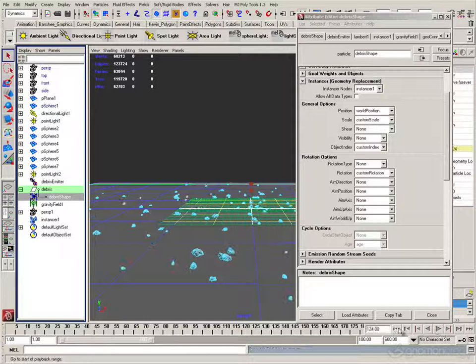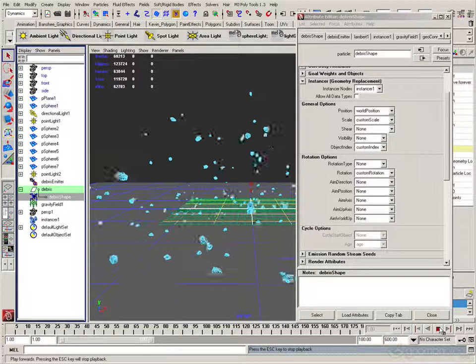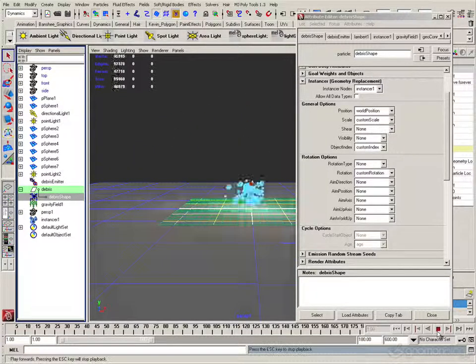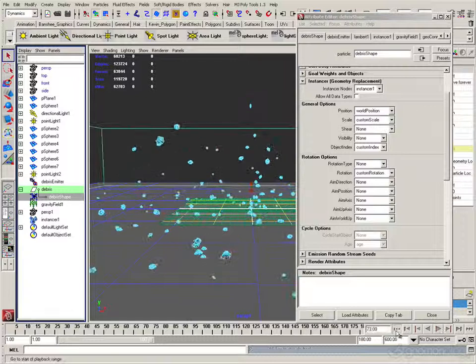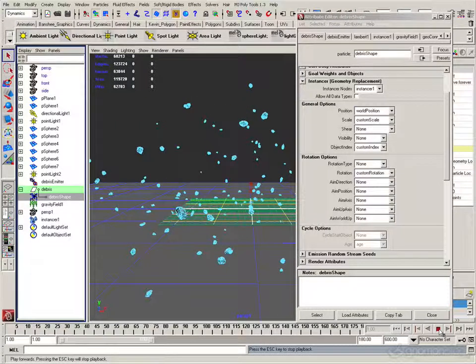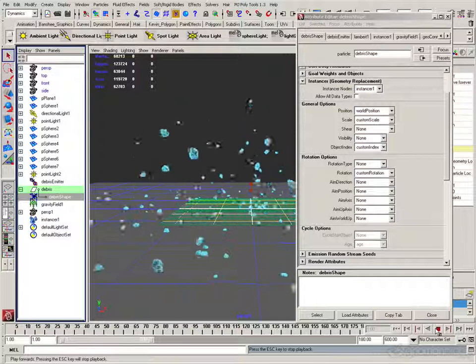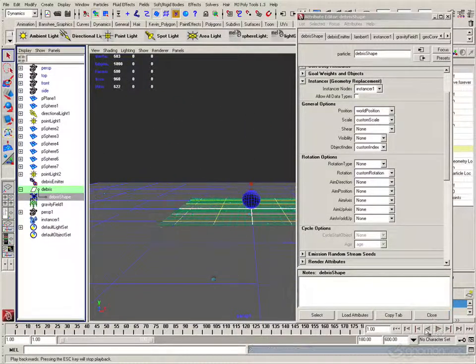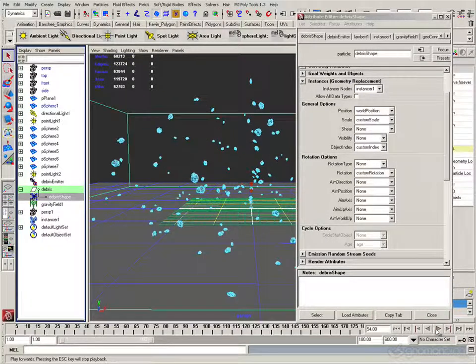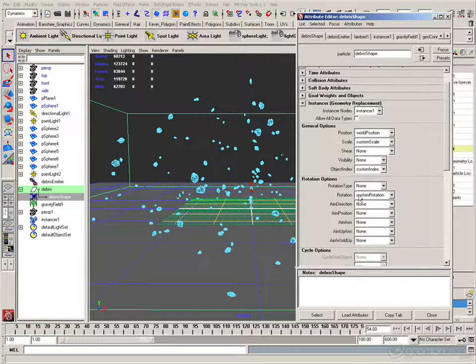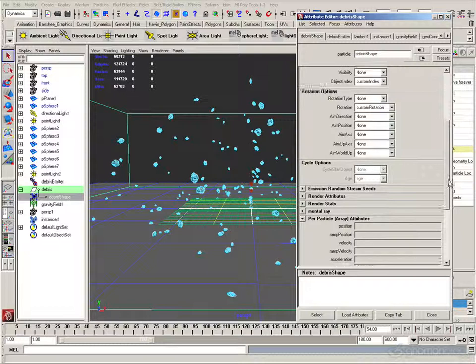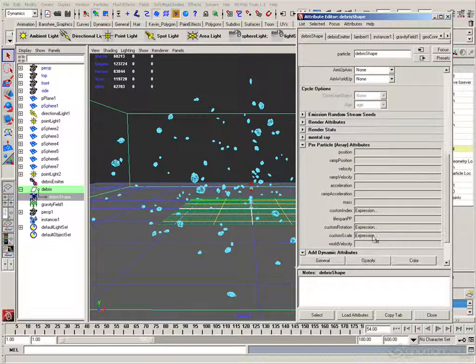Now, the only thing to point out when I hit play, though, is, okay, we've now randomized scale and we've randomized rotation. But what about getting them to spin? Because you can see they're still all static in the air as they float. If you just watch one of them, you'll see that it doesn't spin around. So to add a little bit of spin, that's again going to be rotation, but instead of creation, we want it to be runtime. And so if I go inside here to my expression